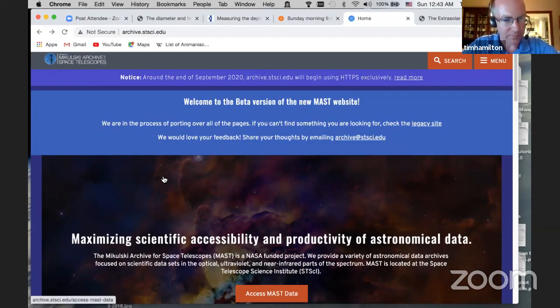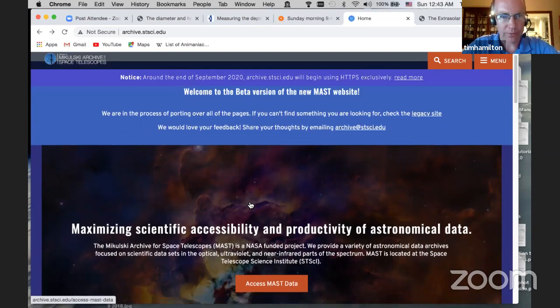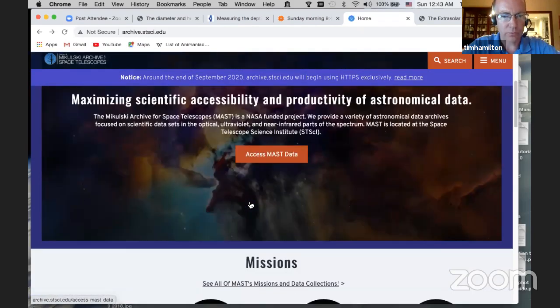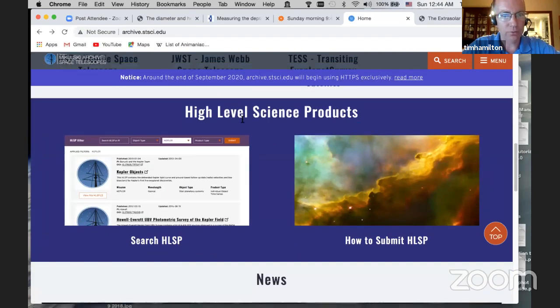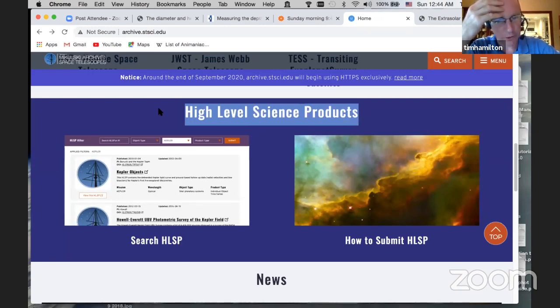So we want to get the Kepler data. In order to do that, we will scroll down a bit here to what's called high-level science products, right there. This is exceptionally processed data, things that are in a final form that make it easy for someone else to use. Now, you can get raw data or more raw data, but we're going to start with the easy stuff here. So we're going to go to search the high-level science products, HLSP,